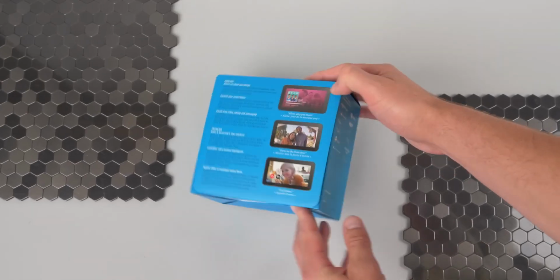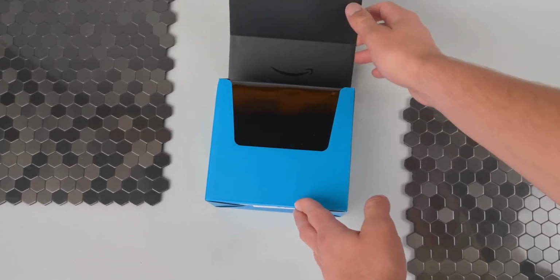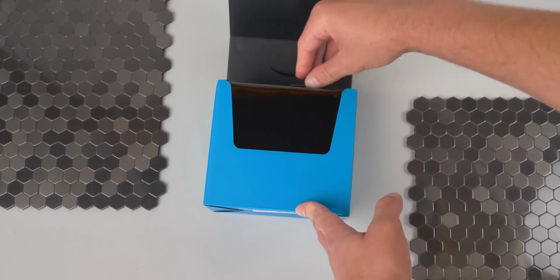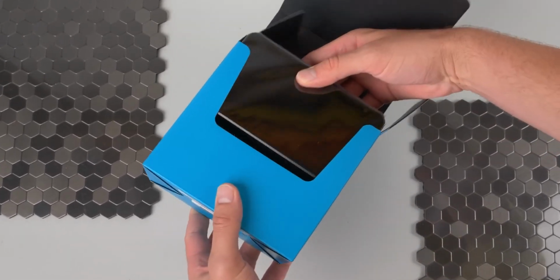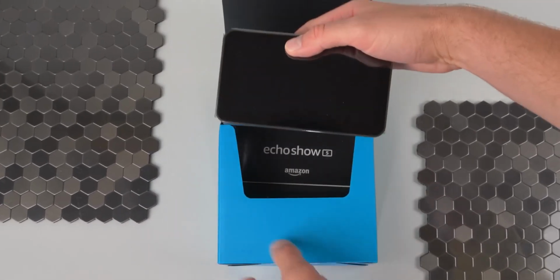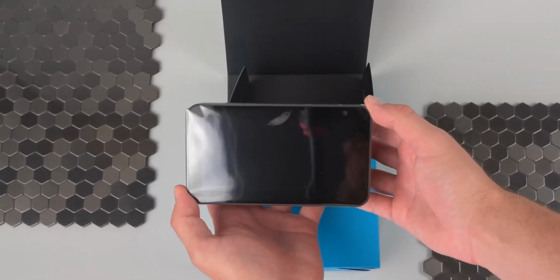The original Echo was a game changer. Now we're up to the Echo Show 5. As an entry-level smart display at a great entry-level price, the Echo Show 5 offers some great features and a great new compact design. You may be just tempted enough to pick up a couple of these to scatter around